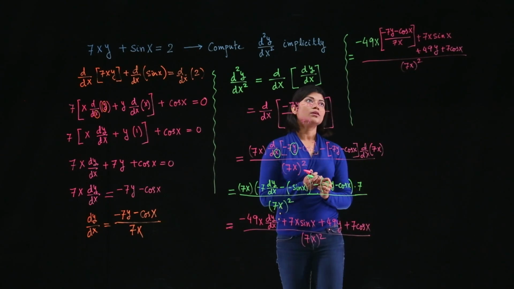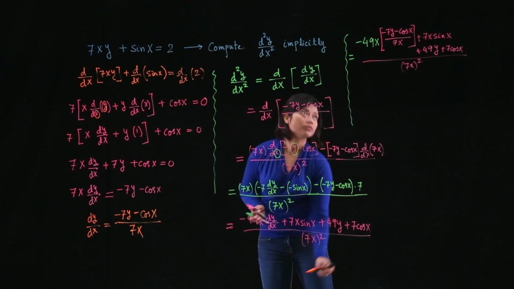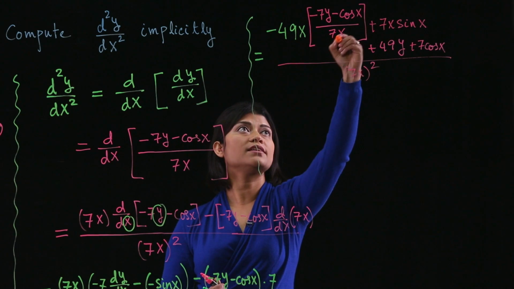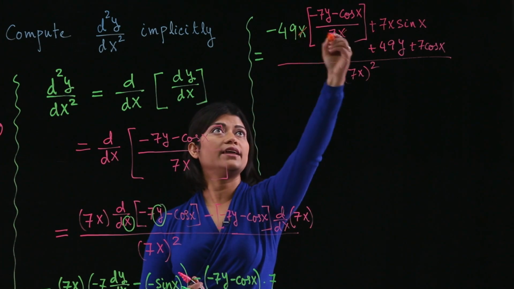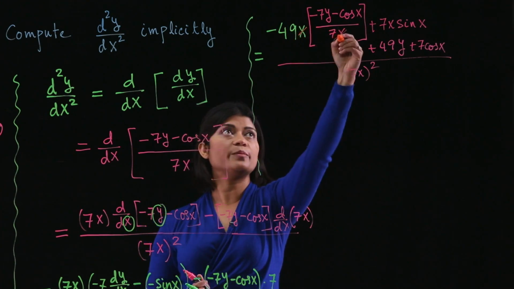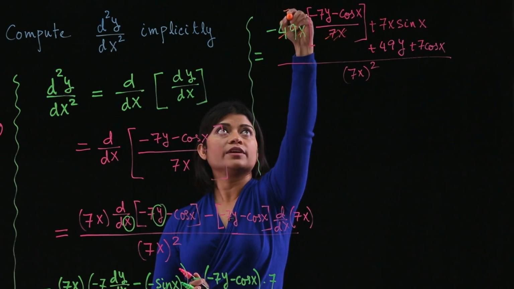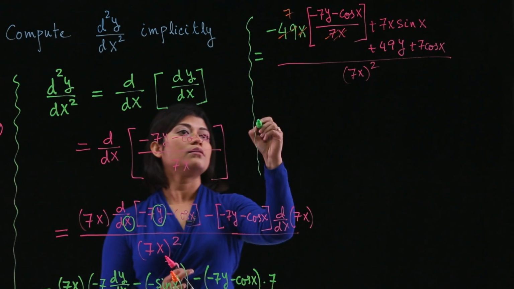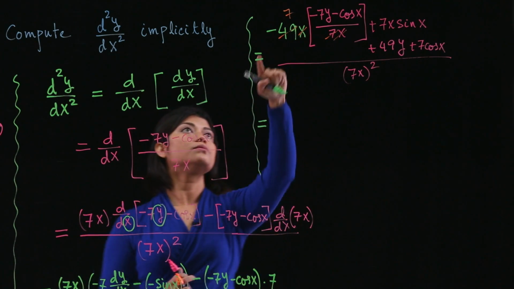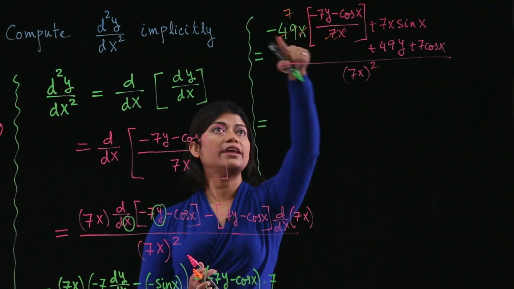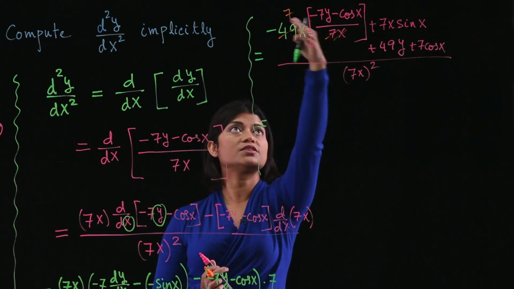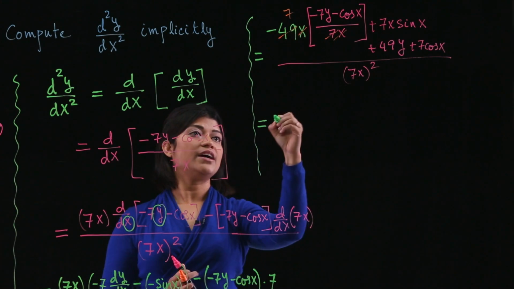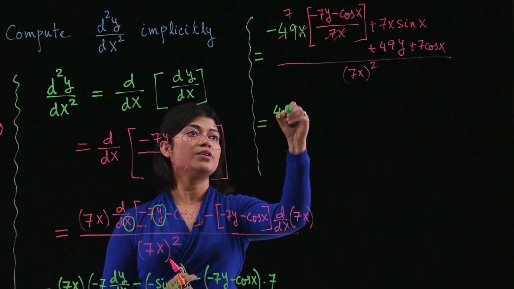Note that for the first term, we can definitely cancel out the x and we can divide 49 by 7, so we'll get a 7 here. And the negative was in the front, so negative distributes, both terms will be positive. So we will have positive 7 times 7y, so 49y,